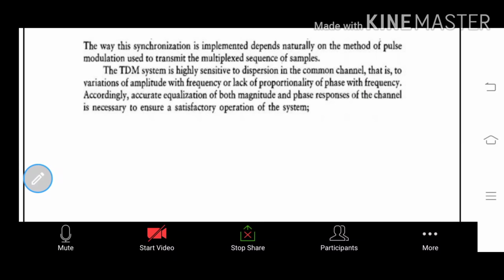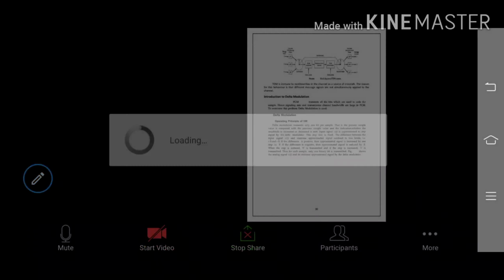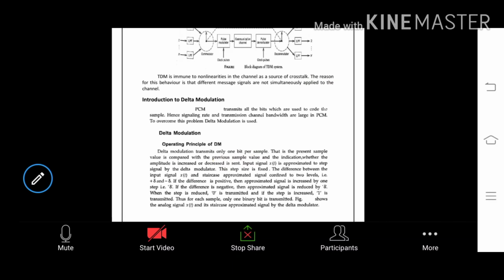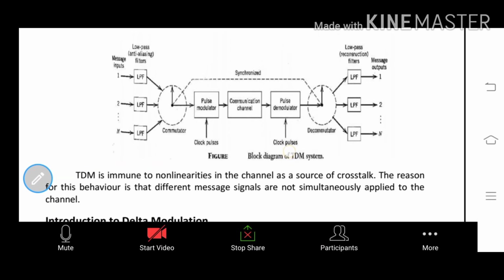That is time division multiplexing and demultiplexing process. Here you can also observe that it provides some security also, and they satisfy the operation of the systems. Okay, so next you can observe the block diagram. The block diagram applies the individual channels to the low pass filter. That low pass filter feeds the commutator. The commutator is simply to synchronize the input to the output.